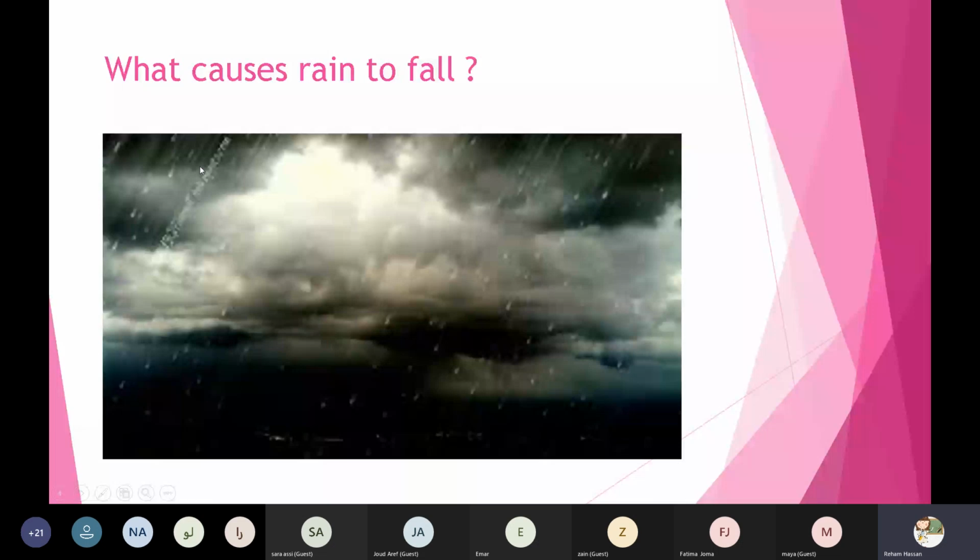The clouds? Yeah, the clouds. Amazing. So what causes rain to fall? It is the clouds. Amazing, honey. So the clouds cause the rain to fall.